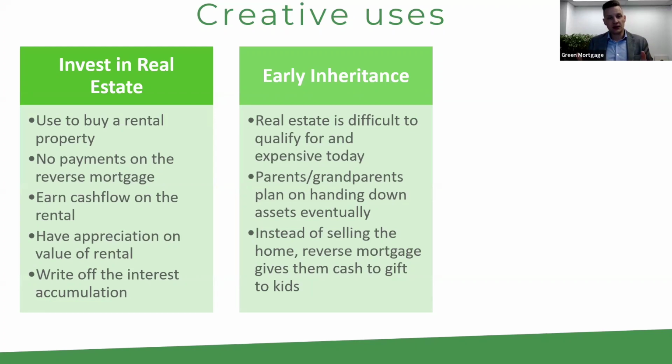And the reality is, it means that the kids get the money now so they can go buy their own home and start to get their life going. And yes, it's going to mean that over time, their inheritance that they will eventually get in the future on that home is slowly being eroded because the reverse mortgage is slowly growing and eating into that equity in the home. However, at the same time, the equity is growing in the home that the kids could now buy and could qualify and be able to afford because they're getting a kickstart into being able to buy their own home